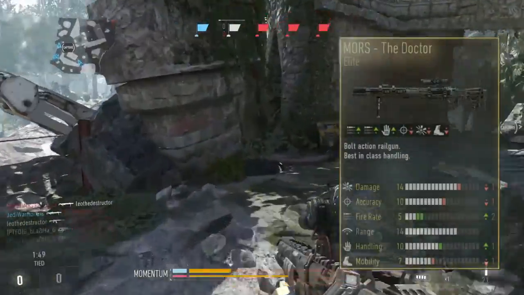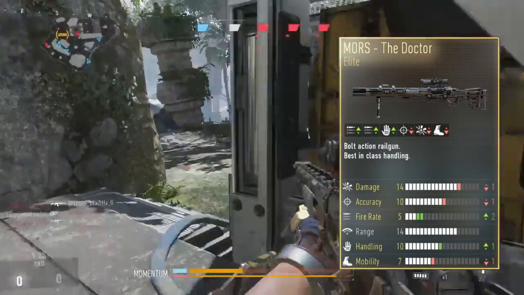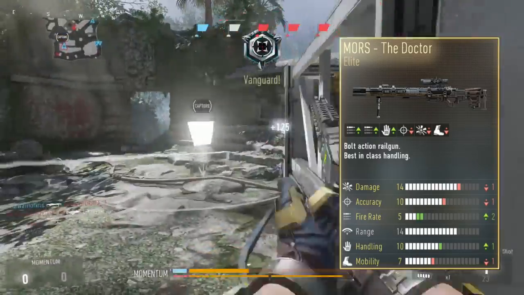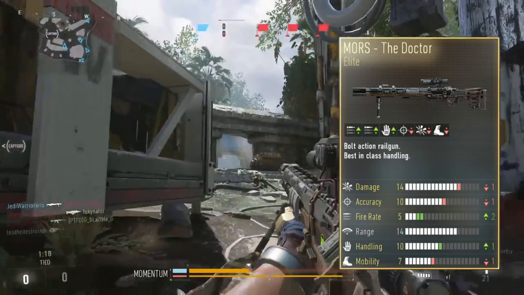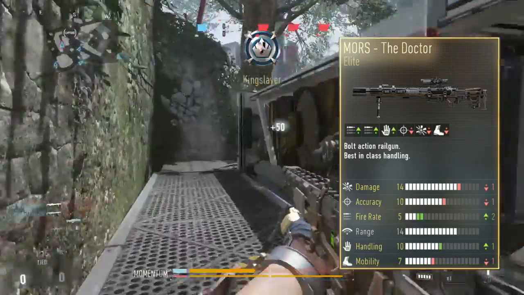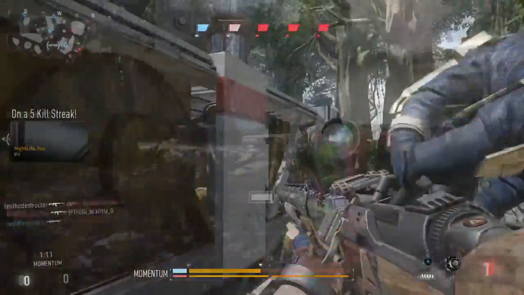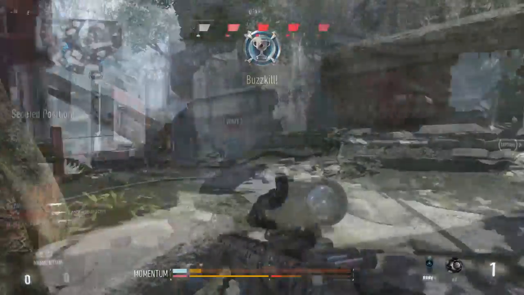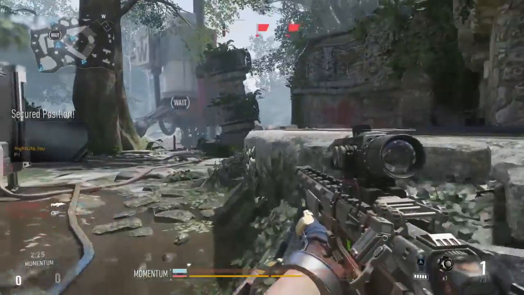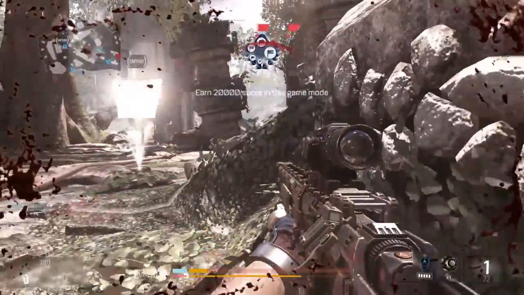reached level 8. The Doctor has a +2 fire rate bonus and a +1 handling bonus, though this isn't without its disadvantages, as it's got a penalty of 1 for its damage, accuracy and mobility. This means that the sniper is going to reload quite a bit faster than its standard version, and also aims down sights slightly quicker, though the slight drop in damage might mean that some shots might not kill your target if you don't hit them in the head or the torso. You'll also move slightly slower with this weapon and have a little bit of a drop in accuracy, but it